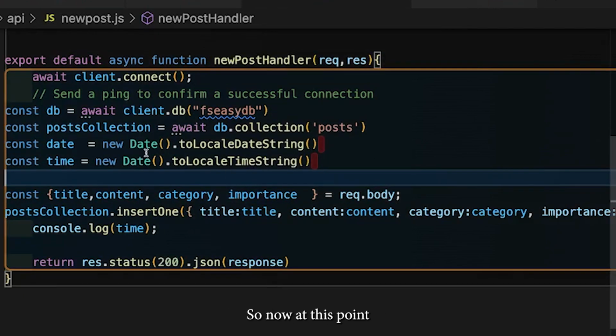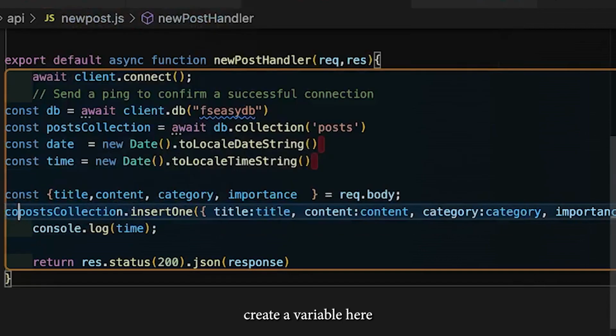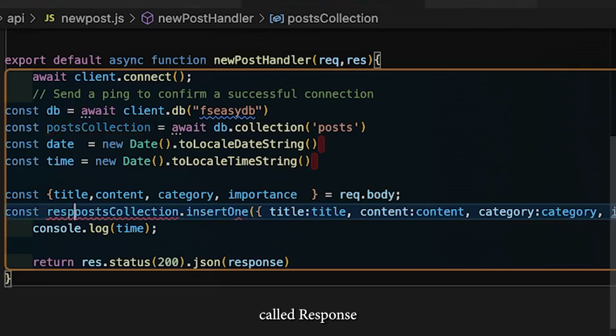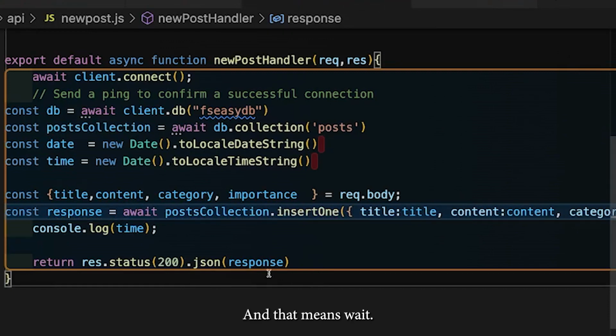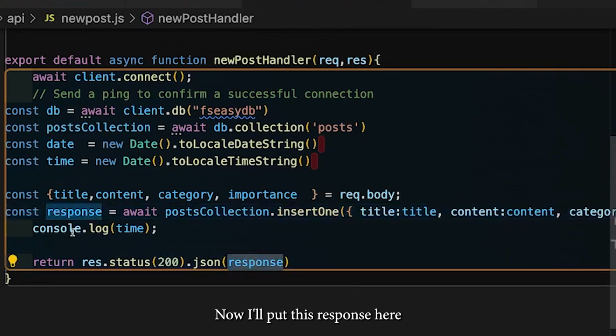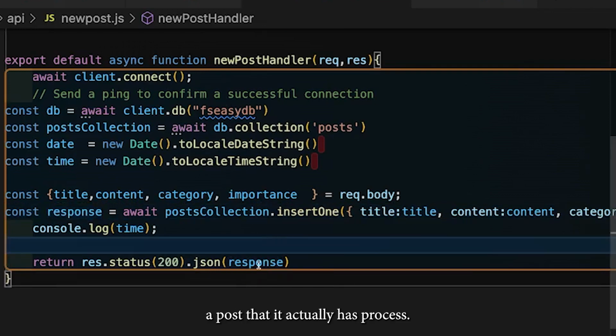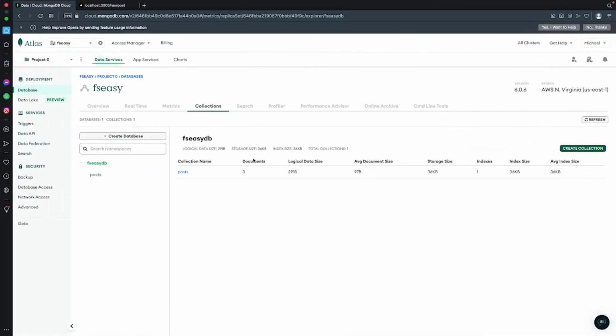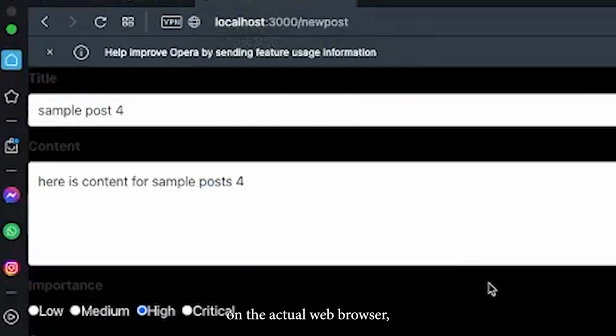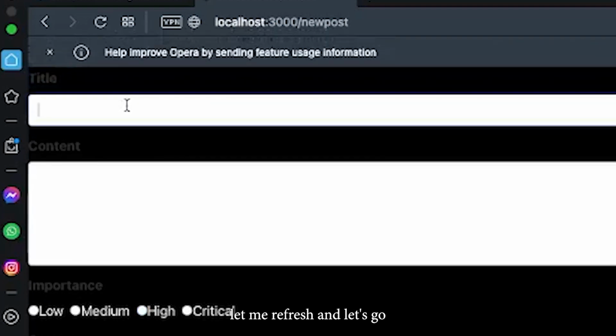Great. So now at this point, we're going to take that information, send it to MongoDB. I can go ahead and create a variable here called response equals await. Now I'll put this response here so that we know when we create a post that it actually has processed. So let's go and test this out. If I head over to my application on the actual web browser, let me refresh, and let's go ahead and say